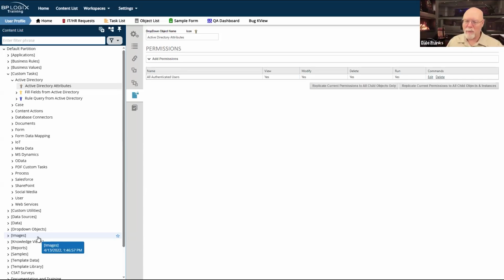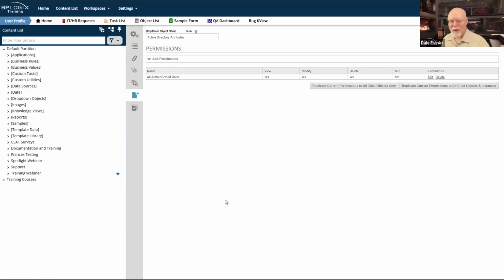That, I think, is a much better way of doing it, and we won't have to give modify permissions to be able to configure custom tasks. We'll determine that at the form level. So that is a change coming up to permissions. Just keep that in mind. We're going through an uncomfortable transition phase, trying to figure out how to appropriately ensure security on the custom tasks so that people can't break them without us wanting them to be able to break them.